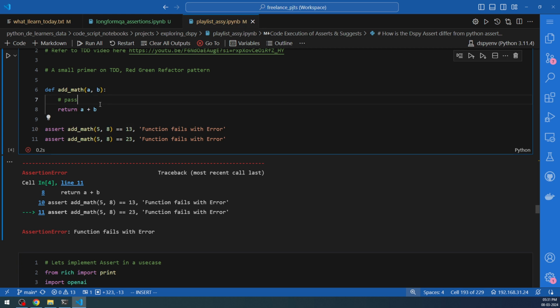Usually we don't actually hard code any of the return statements. We are developers, we put some kind of logic inside the functions and we get a good output for any kind of inputs, right? So the idea here is that in test driven development, the tests are written first and then the development is done on the functions. The same kind of activity we can do with large language models also, and that's what we are going to see next. So before we dive into that,